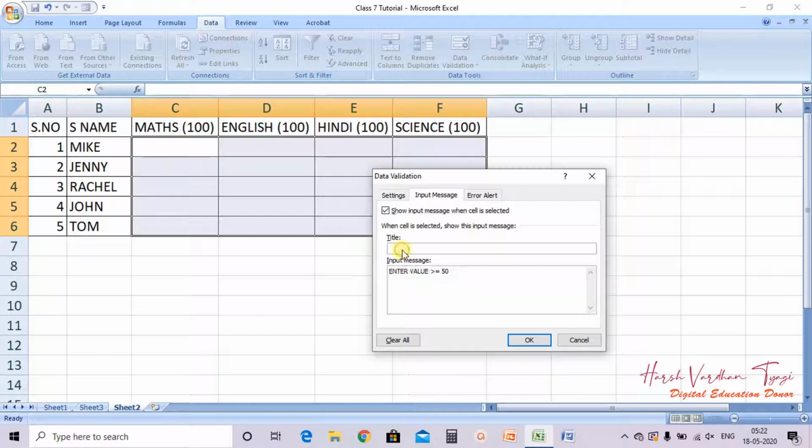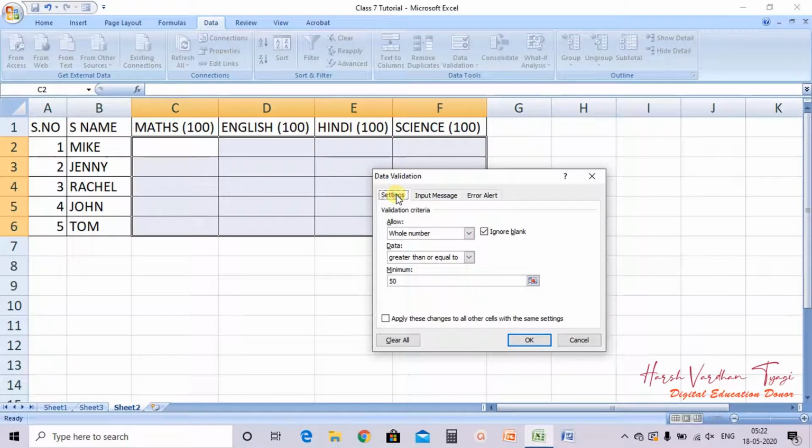In the title also I am putting the same. Okay, now in the other tab, Error Alert, warning, invalid value.